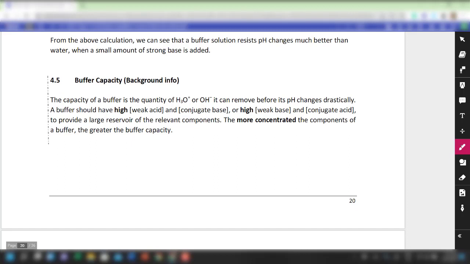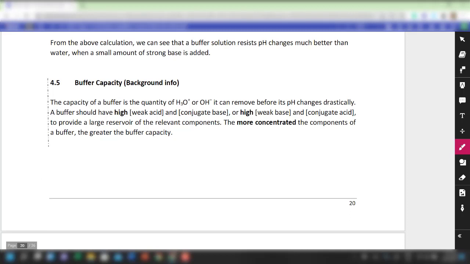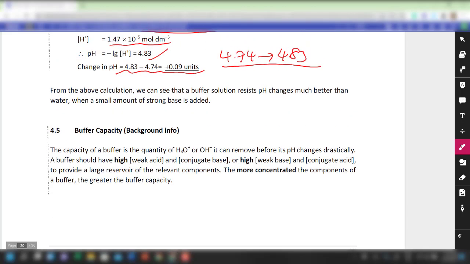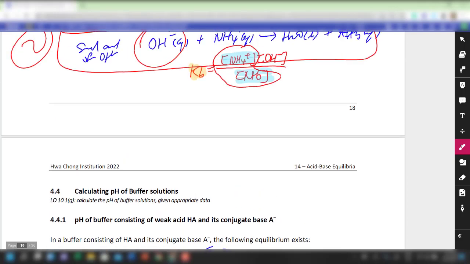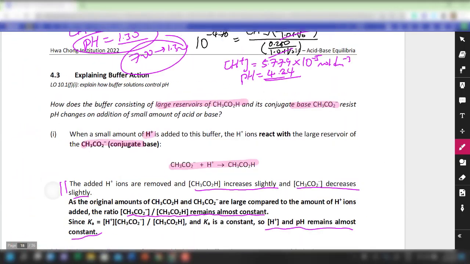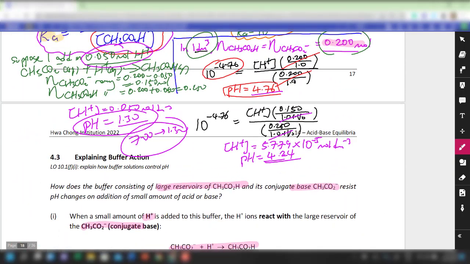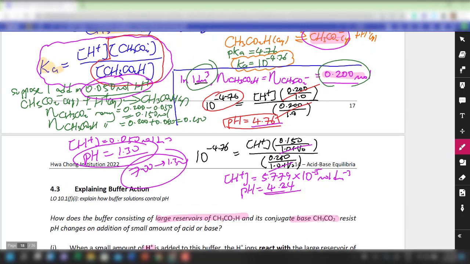So it reads, the capacity of a buffer is the quantity of H3O plus or OH minus it can remove before its pH changes drastically. Yeah, so without going into further reading, I will just give you an example using what I have illustrated to you earlier on. If you recall, I used this particular ethanoic acid, ethanoate buffer where I